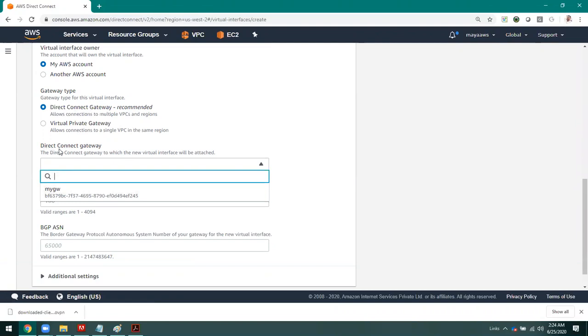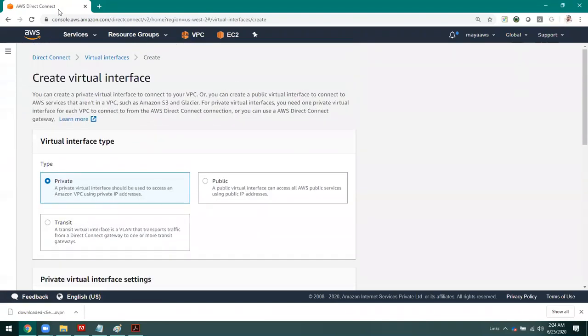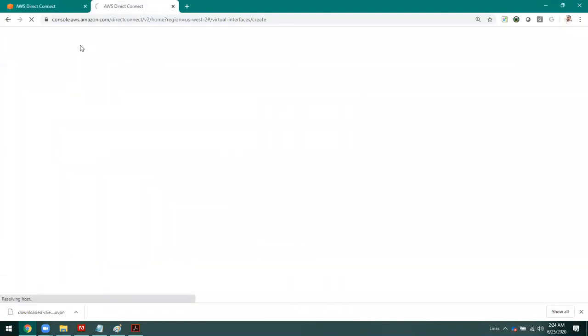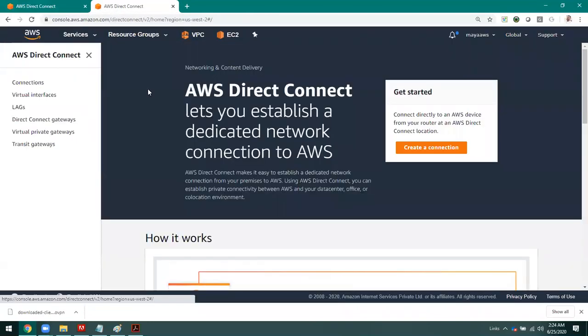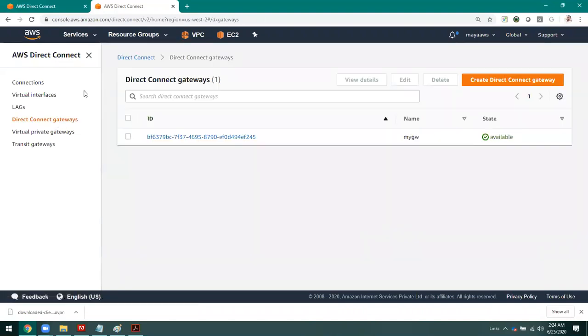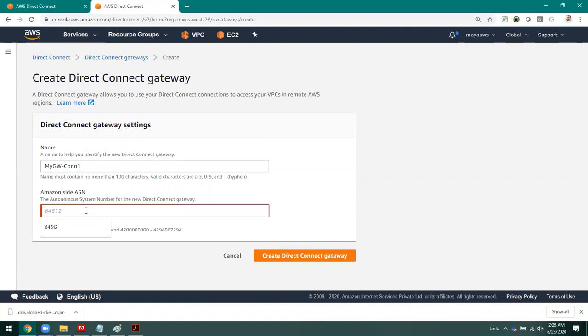Then it is asking for the direct connect gateway name. I have already created a direct connect gateway. Let me duplicate the console. If you want to create a direct connect gateway, click on direct connect gateway, give the name, and then specify the Amazon side ASN number.